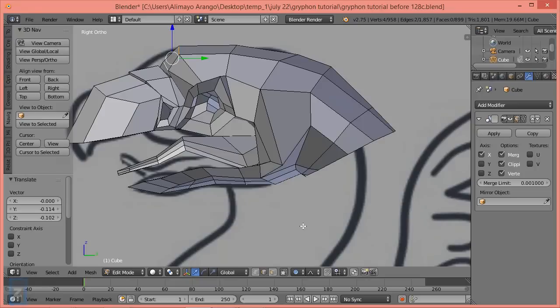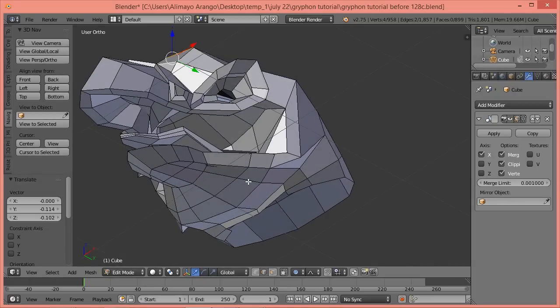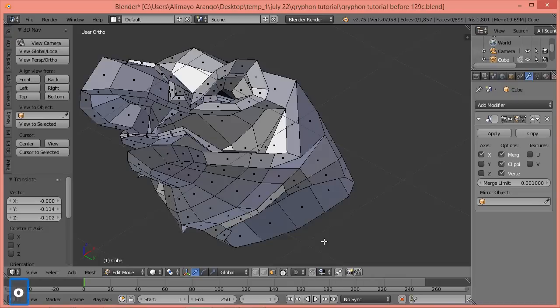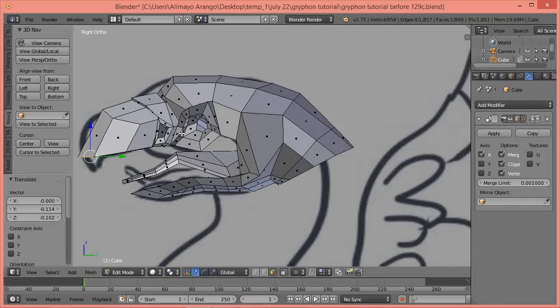Press Z to go into solid view. I'm going to hold the middle mouse button to look under here. Okay, I'm going to go to face select. I'm going to press O to turn off the proportional editing tool. I'm going to select right here. I'm going to select right for right view, and I'm going to press E to extrude right down, left click